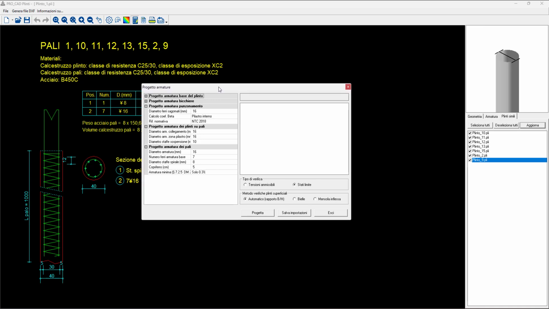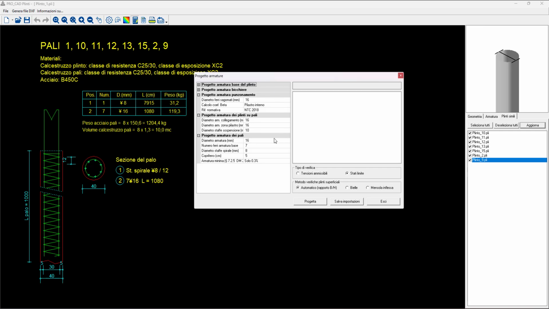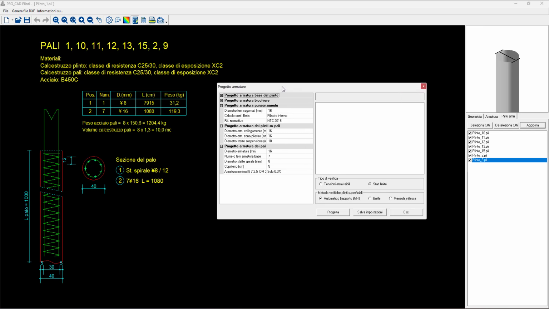With this command, with the calculator, you can define the rebar diameters and number for the design. What you have here is the initial, so the minimum amount of rebars that the software is going to put in each pile. And as you see, it's also the defined quantity.